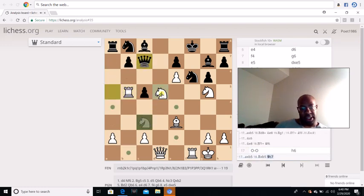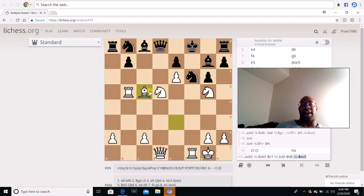If he goes queen c7, then you got knight d5. And then if he goes queen d8, then we have bishop captures c5. And this is definitely crushing because we're threatening bishop captures e7, checking the king and winning this queen right here. We're also threatening knight f7, hitting the rook and the queen. It's just so many threats. I mean, we even got